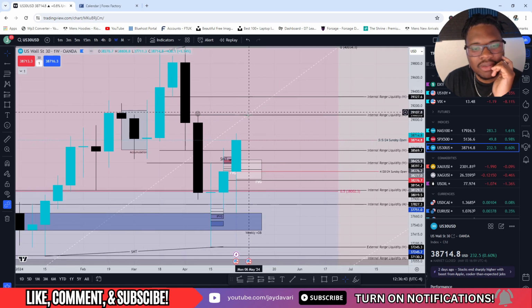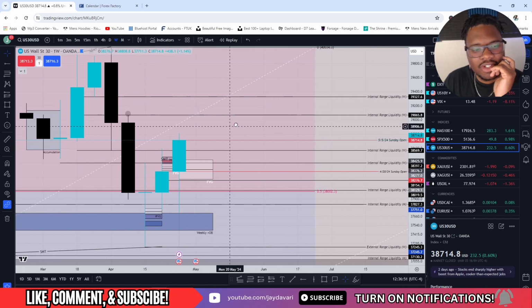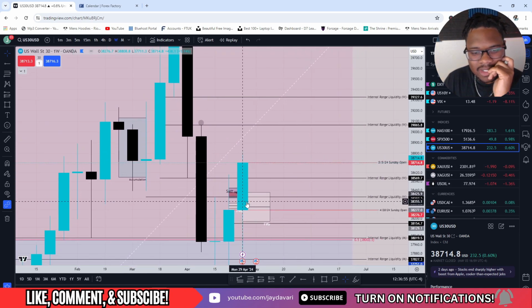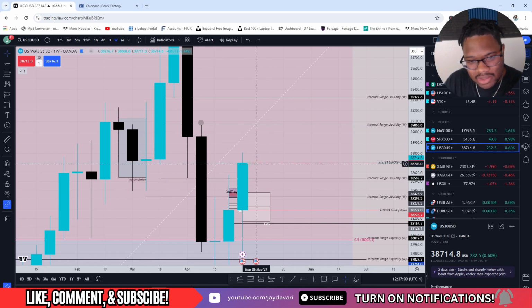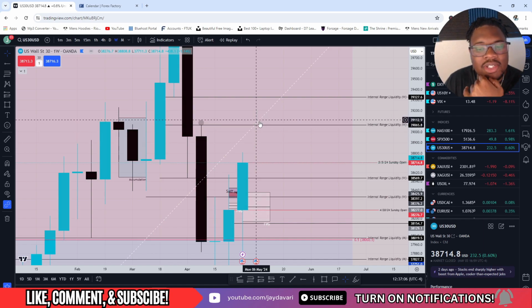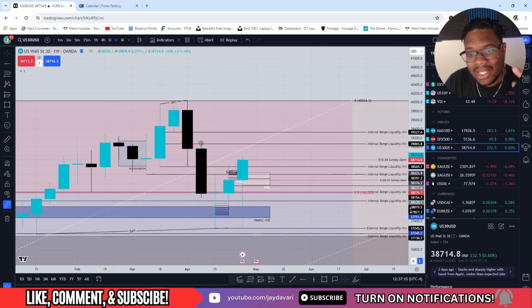So what I'm going to be looking for is some type of confirmation to head lower, so like a market structure shift inside of this weekly internal range right here. As you guys can see right here, since last week we closed bullish, I'm anticipating this week that we're going to continue to expand up into this higher time frame objective right here, right? So that's why short term I'm bullish, but in the long term I am